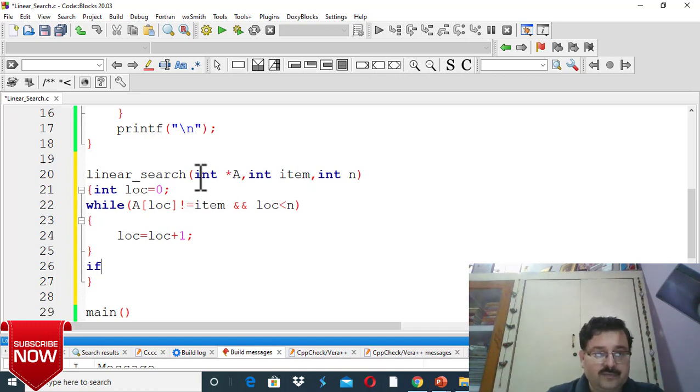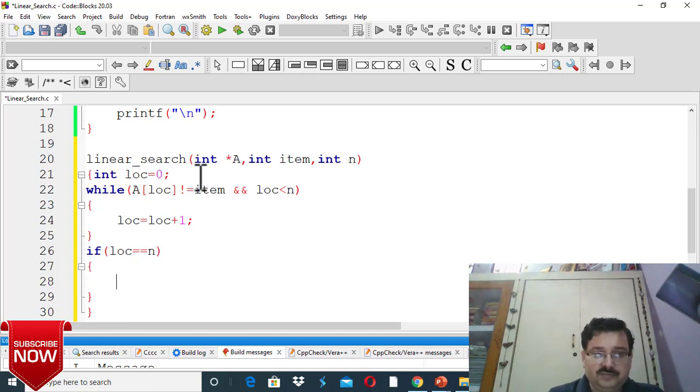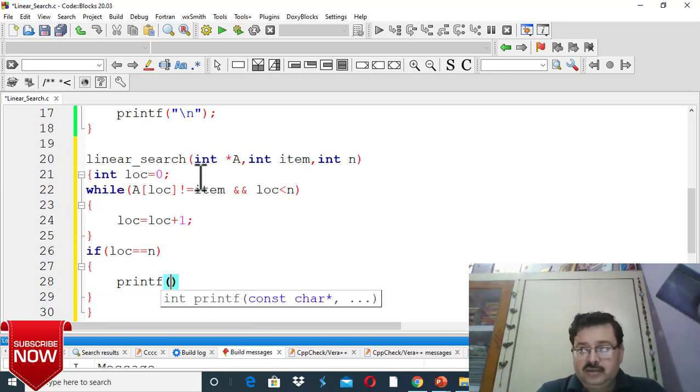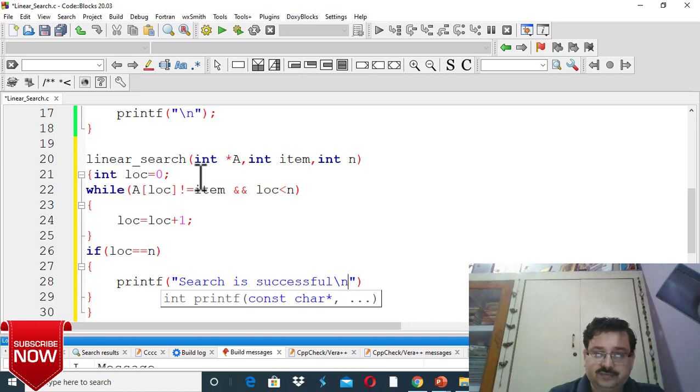if loc is equal to n, then printf search is not successful.